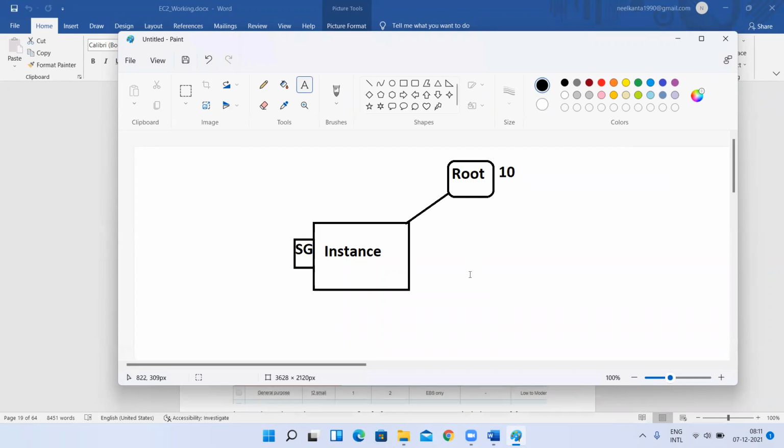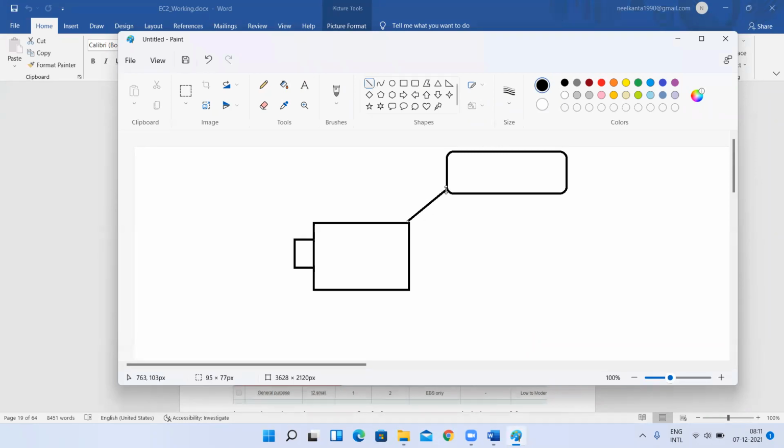I want some external volume, means I want to use some. This space is not enough for me. So let me take it a little bigger, or else I just want to take a bigger one. For example, this is a volume, right? This has been attached to this, so I'm not going to write the name. You remember this. This is a root volume.